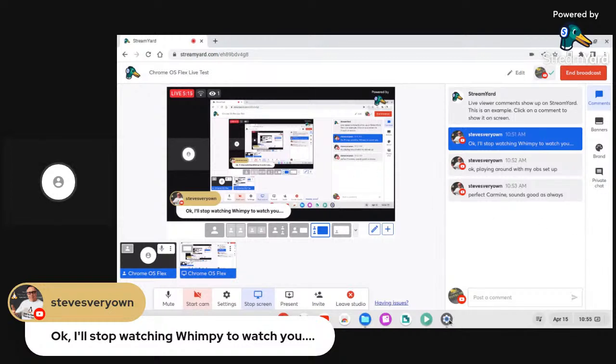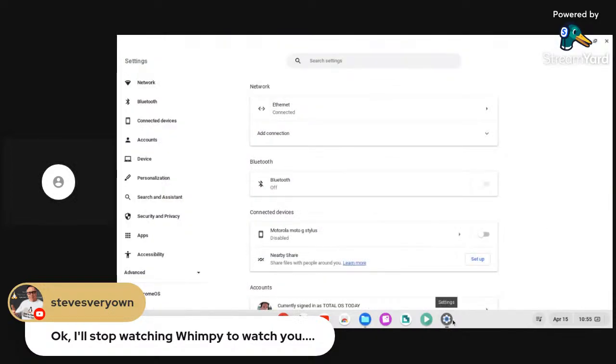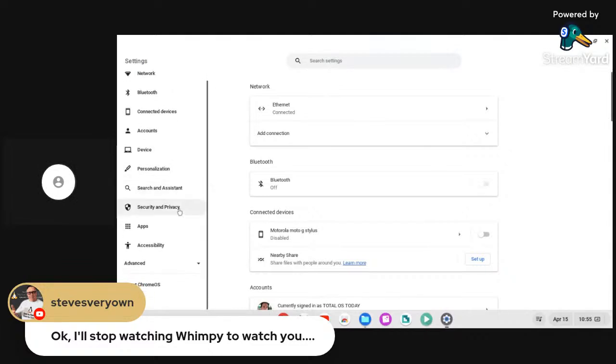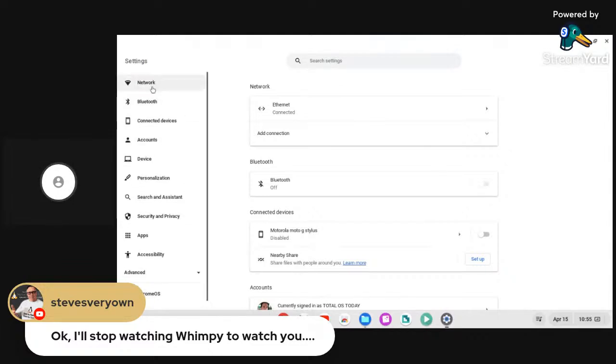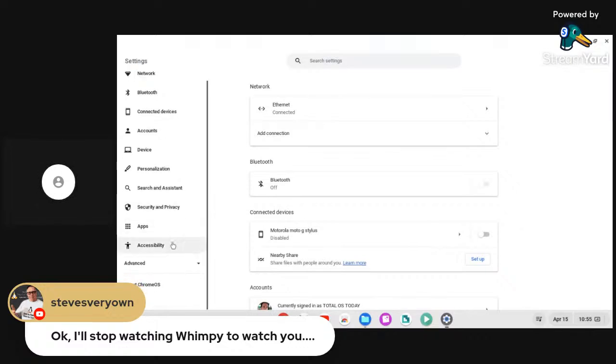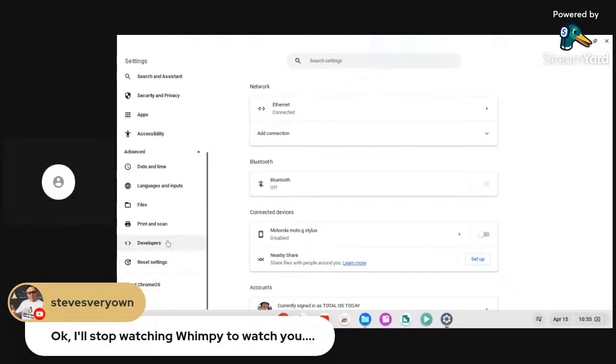All right, so let's go back here. So that looks good. So again, this is the settings. Pretty basic stuff here. Network, Bluetooth, connected devices, accounts, device, personalization, search and assistant, security and privacy, accessibility, advanced, developers, print and scan, files, reset settings, about Chrome OS, and